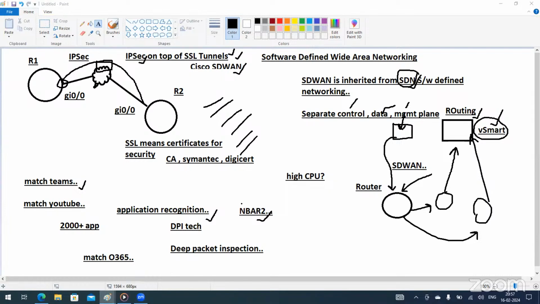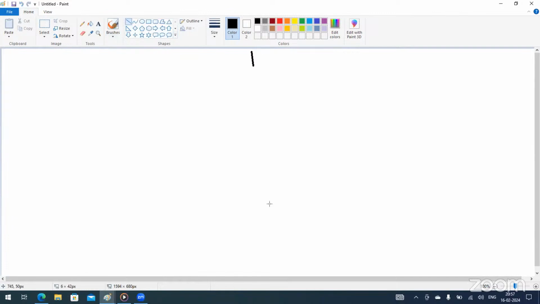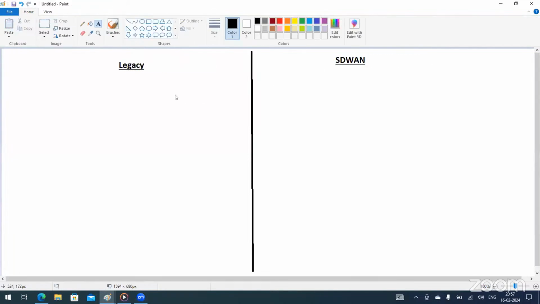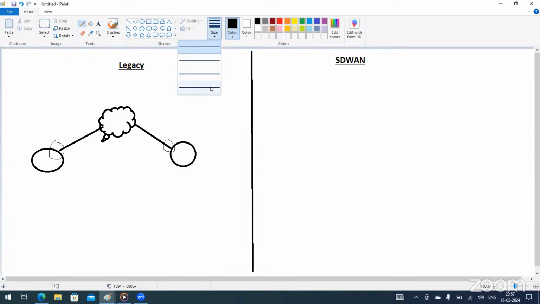Okay, certificate, right? So this is my legacy environment, and here we have SD-WAN, right? If we have 2 routers, they are connected via ISP. They have their public internet connections, 2 routers. Here some IP address here as well. Since they are on public internet, they can ping to each other, right? And when 2 routers, 2 interfaces, they can ping to each other.